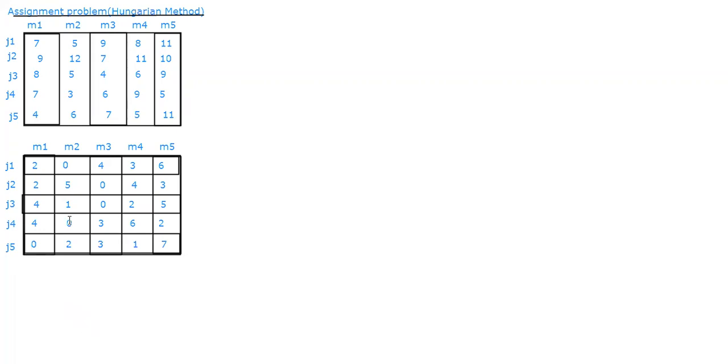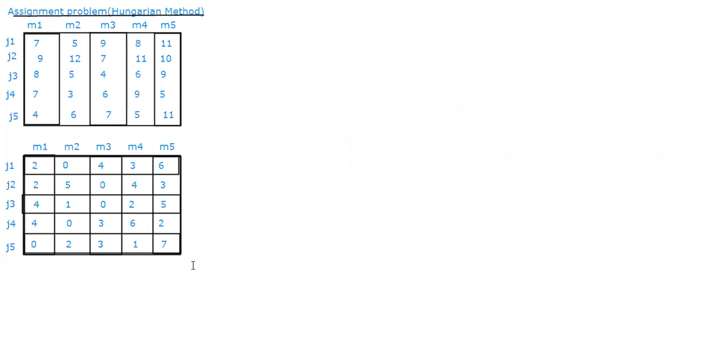Now again I said we have to check it column wise too, because it is very important that I should get in each column compulsorily at least one 0. So I will check. Row wise we have got zeros compulsorily: in the first row we got a 0, second row we got a 0, third we got 0, fourth we got 0, and fifth we got 0.